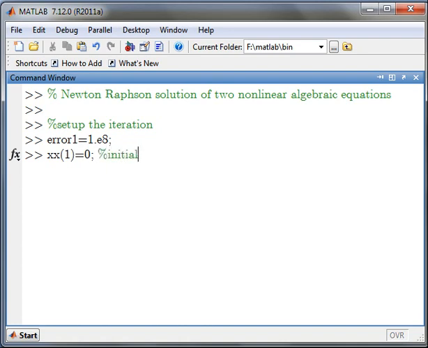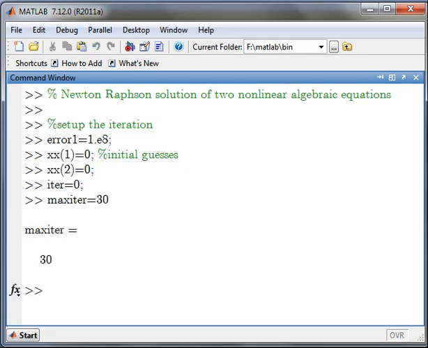These are the initial guesses that we have to make. Now x of 2 will be 0, and iteration equal to 0. Now the max iteration can be, let it be 30.